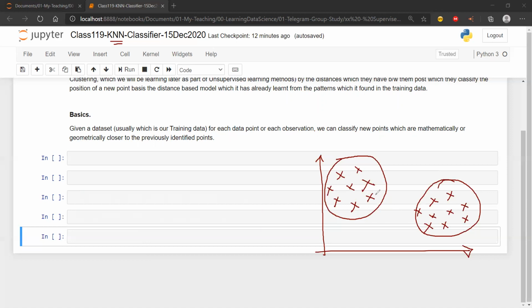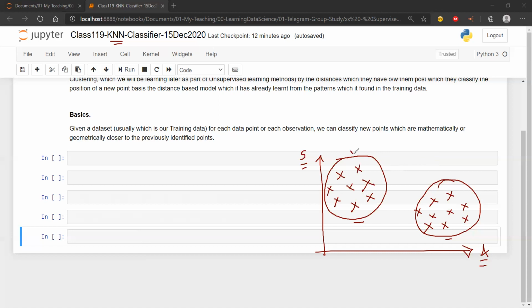That is the reason why I have drawn these two sets of data. Let's say this belongs to some class which I don't know, and this belongs to some group which I don't know. Let's say these are the employees in my company, plotted based on their age and salary, and age and salary are both features. They are not the target, which means I don't know what is the right outcome or the wrong outcome. So that becomes an unsupervised learning problem, which we have not learned yet. We will see things like PCA, and things like clustering and so on.